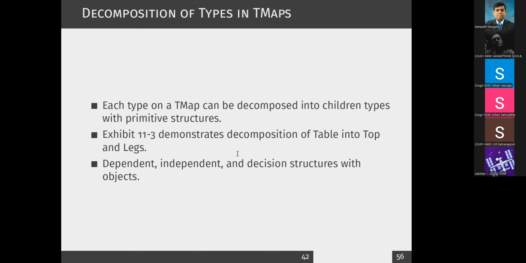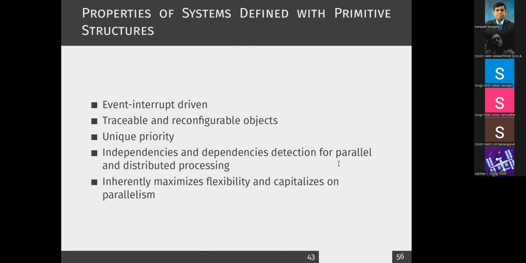This refers to my figure. In my figure, if you look at the table, we have two parts. We have top and the legs, right? So some are dependent, some are independent, some are decision structures, all these, right? And also tabletop, then we have again two parts. We have hard and we have soft in legs. We had individual legs, right? So when you define using these primitive structures,